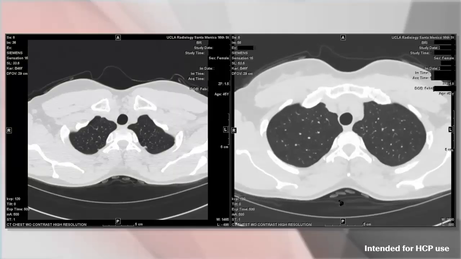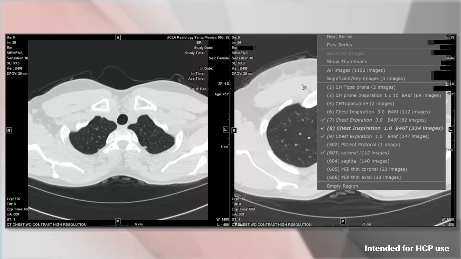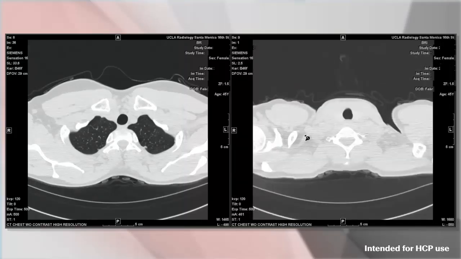Let's look a little bit more closely at the HRCT parameters and see what we can pull out from this. I'm going to switch over to, as we just went through the inspiratory, let's look at the expiratory. Please keep in mind that when we do expiratory imaging, the patient is asked to fully exhale. And as air leaves the lung, it becomes grayer. And it has what we call a gravitational grayness that I'll show you here.